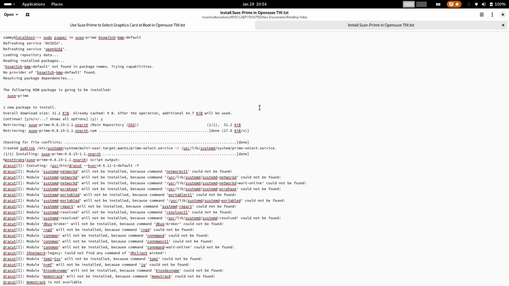Welcome back, viewers. Different Linux distributions have different ways to control or manage the multiple graphics cards in the system. Suse manages the different graphics cards installed on an OpenSuse system using the Suse Prime package. For older desktops, we have to use bbswitch-kmp-default, and in newer systems you can directly use the prime-select method using Suse Prime, which is already